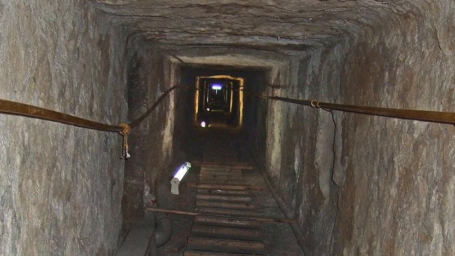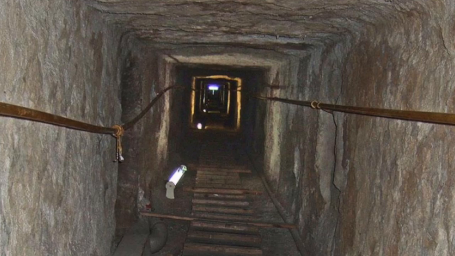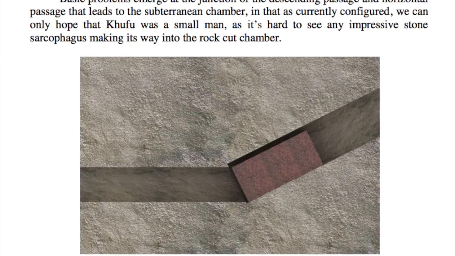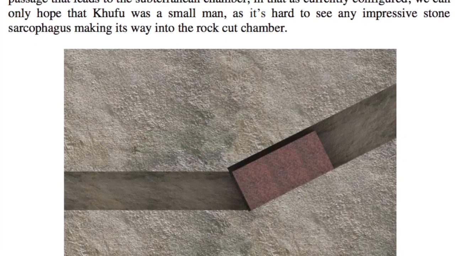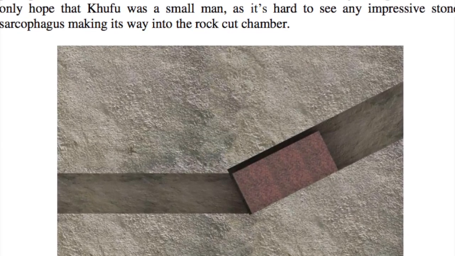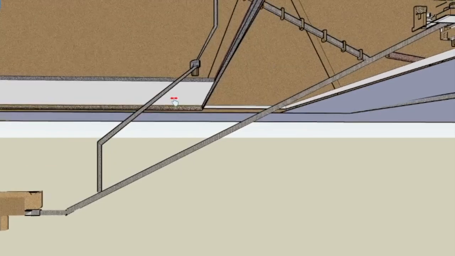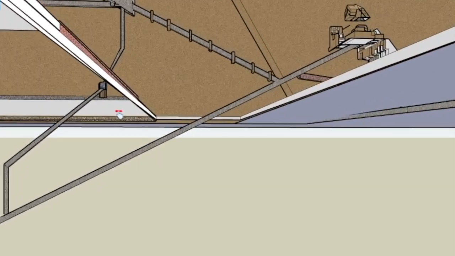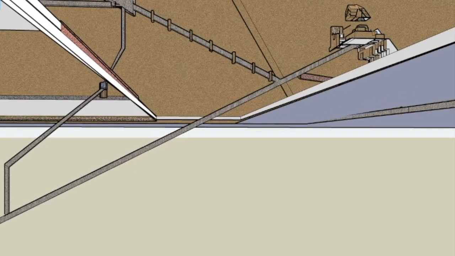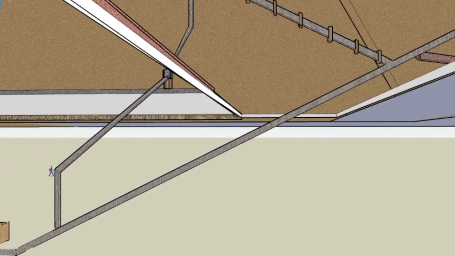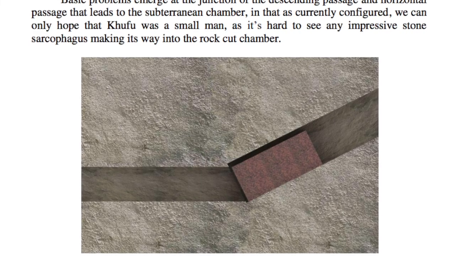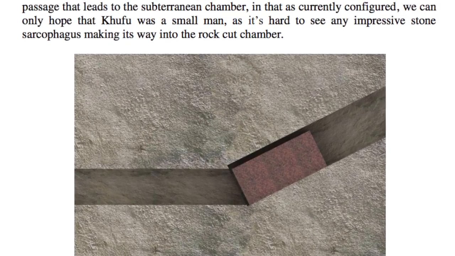Which is an interesting statement because, quite famously, the sarcophagus used in the king's chamber, assuming it is, of course, Khufu's sarcophagus, would definitely not fit into the subterranean chamber. True enough, the sarcophagus would slide down the descending passage as intended, but the trouble begins when the passage levels out flat. This horizontal entrance to the subterranean chamber is not big enough for the sarcophagus to fit down it.